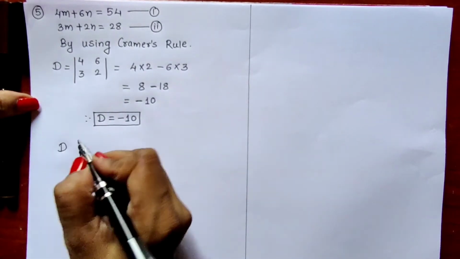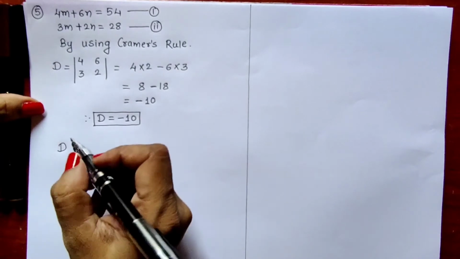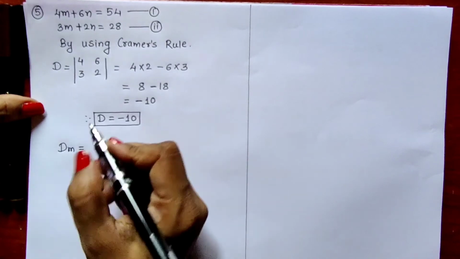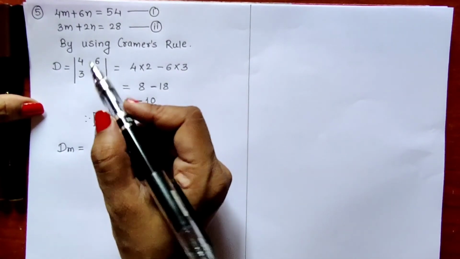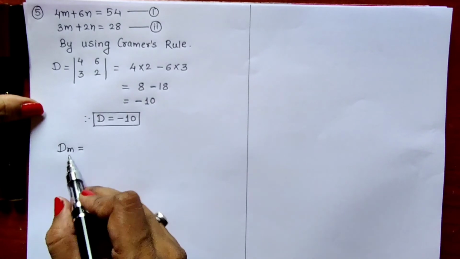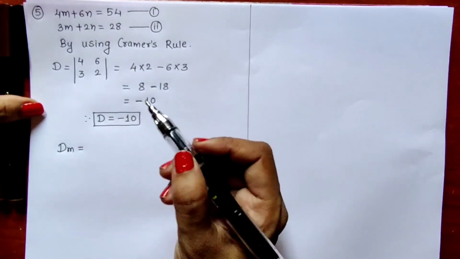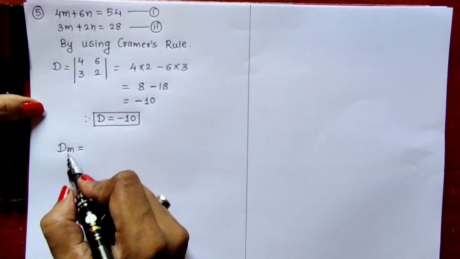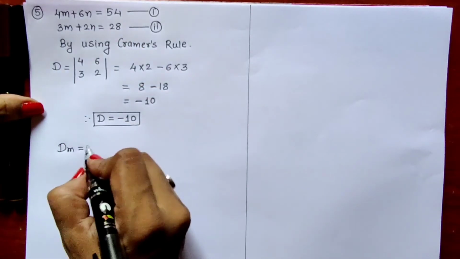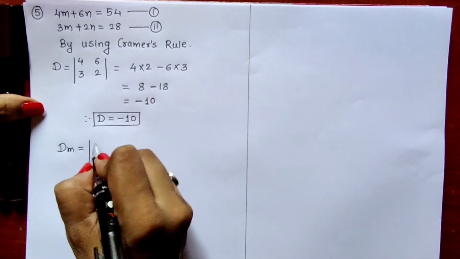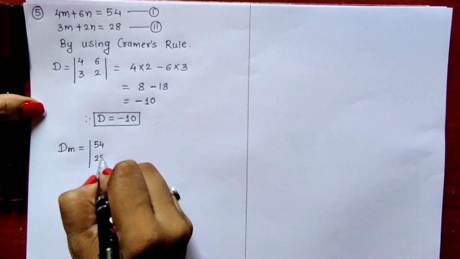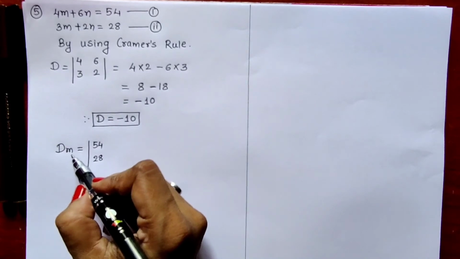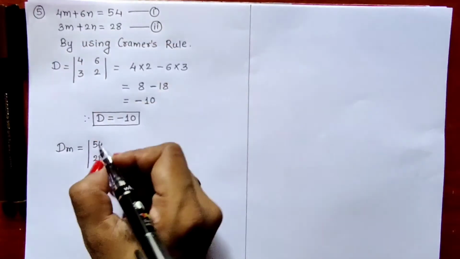Now in place of writing dx we will be writing dm. First variable is m, so we will be writing dm. Don't write dx now. According to the variables given in the question, we will have to write here determinant of m, determinant of n. If p q are given, then we should write determinant of p, determinant of q, like that. So here m is given, so that's why we will have to write dm. Now constant terms 54, 28. As dm is there, we should not write the coefficient of m. We will have to write the coefficients of n, 6 and 2.